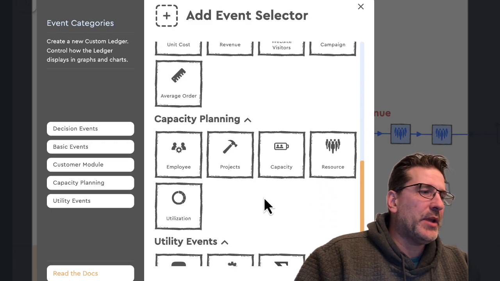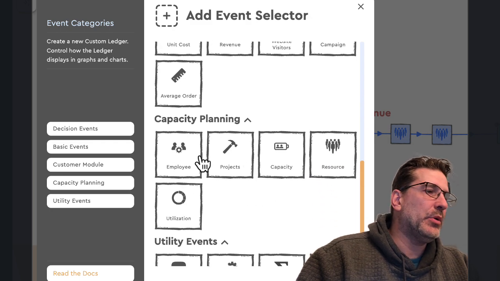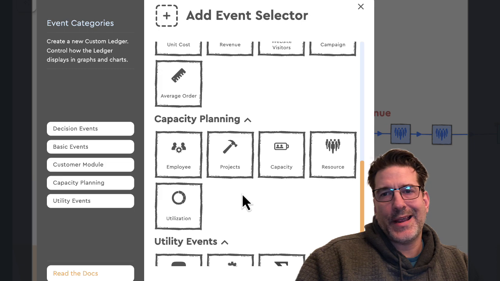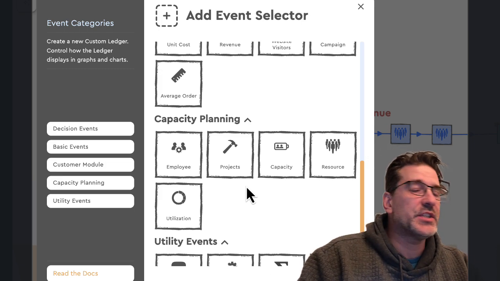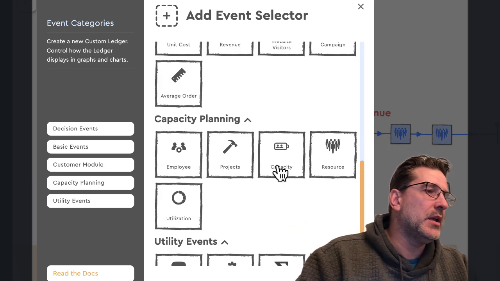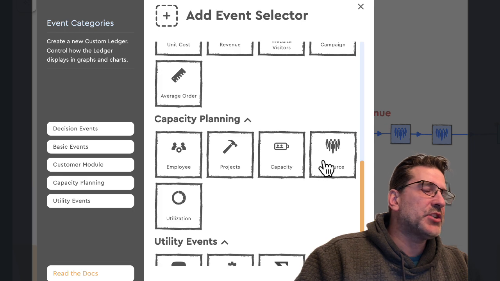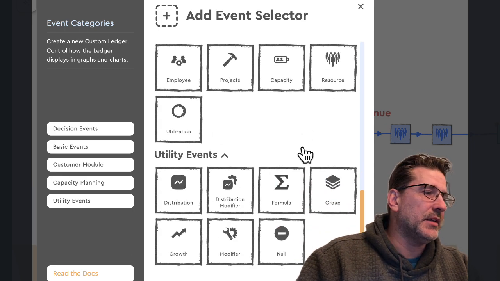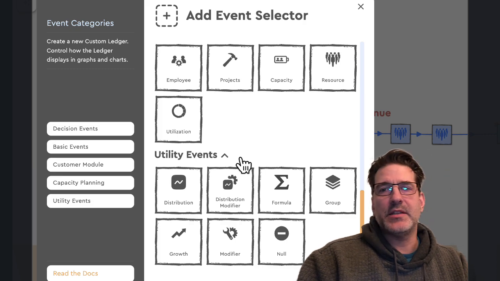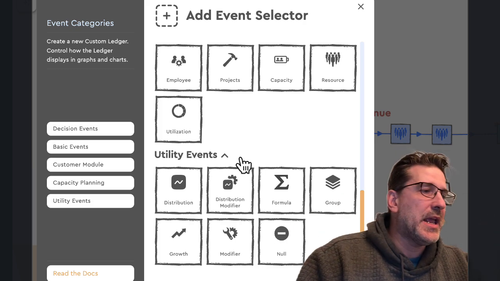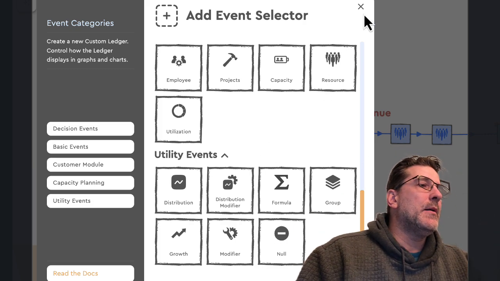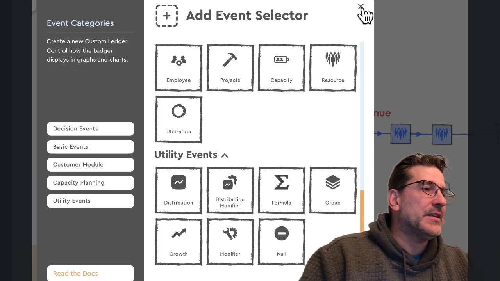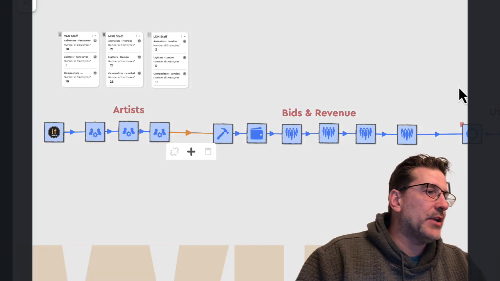In our capacity planning module, I allow you to keep track of how many employees you have, what projects you've landed. We tie into things like HubSpot, eventually Salesforce to pull deals into your software. How much resources do I need to actually be able to pull off those projects? How much have I used up so far? What's my remaining capacity? And we have a series of utility events that allow you to perform transformations and updates to that data. By connecting these Lego block-like things together, you can build out these financial models.